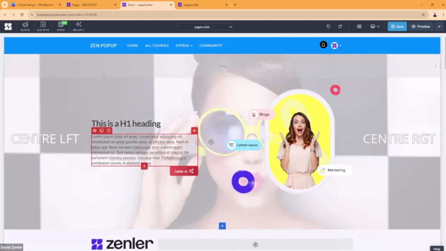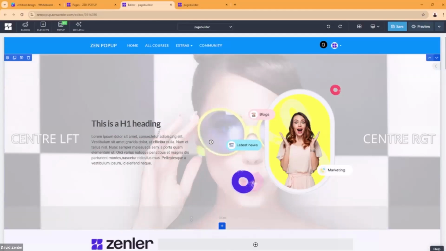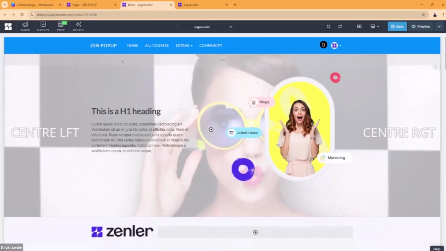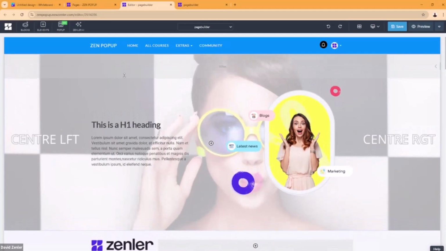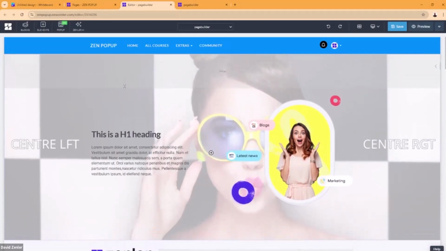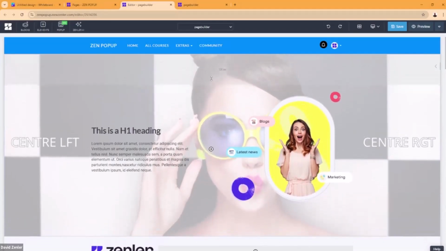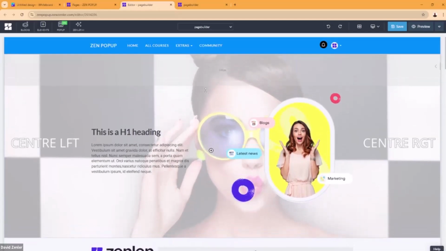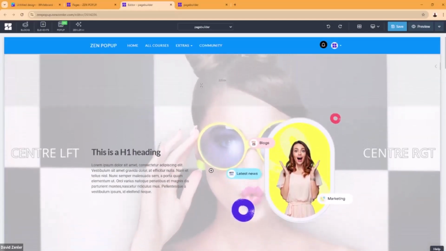Now, one last thing to show you inside the blue block. By default, Zenler gives you a top 100 pixel and bottom 100 pixel spacing. So you can click in here. If I mouse over, it changes to a double arrow. If I click with my left mouse button and drag, I can decrease that number. You can see that little number going up and down, but it will not appear when you view it live. It's just for your reference.